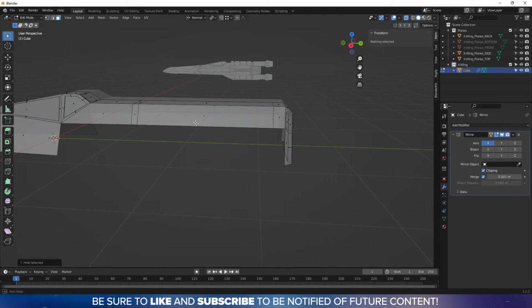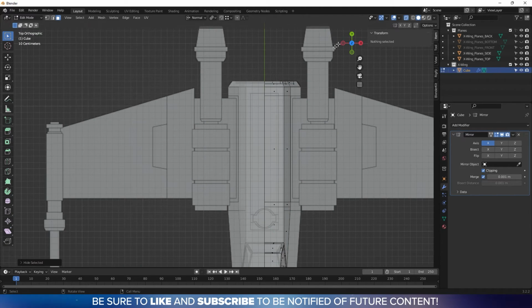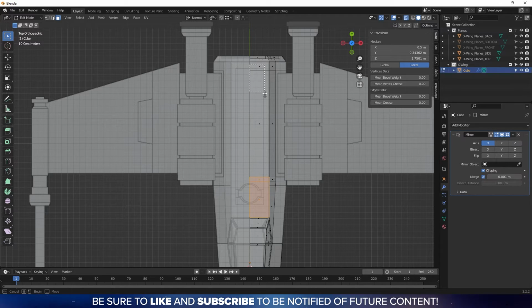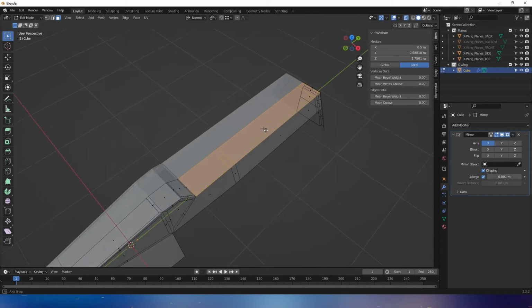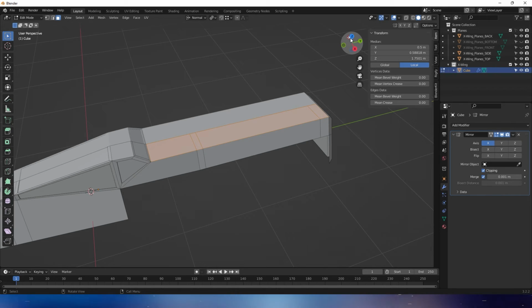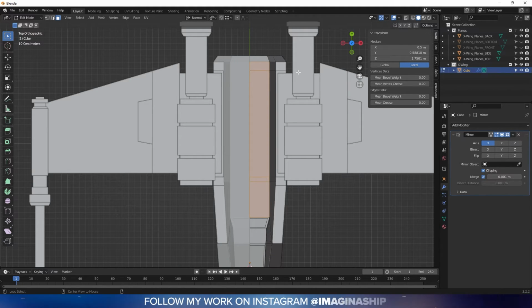So we're going to hit H to hide. Look down the Z-axis. Okay, much better. Okay, so we're going to select all these faces here. Going to just kind of move around so you can see what we're doing. These are all the faces behind this little beveled area, between the beveled area and the back window of the cockpit. What we're going to do is go back, look down the Z-axis, Alt-Z,